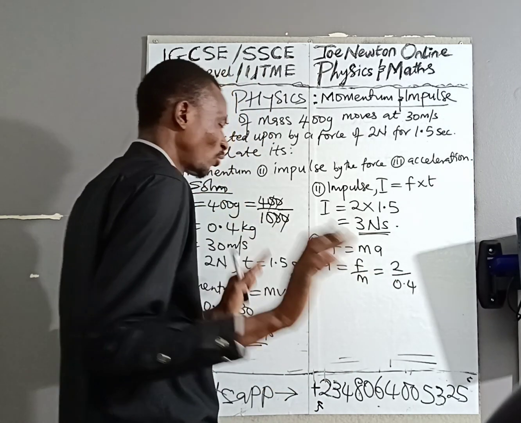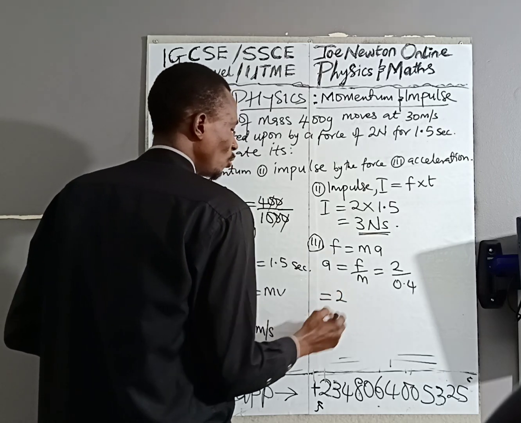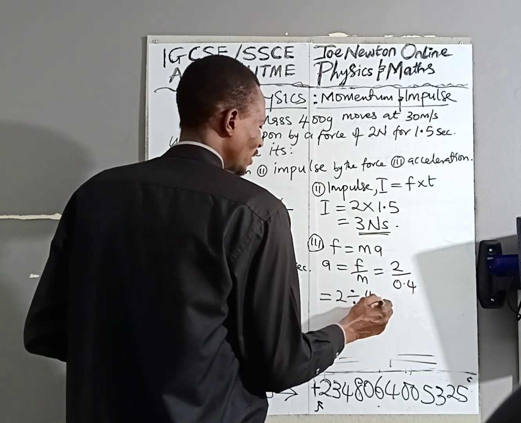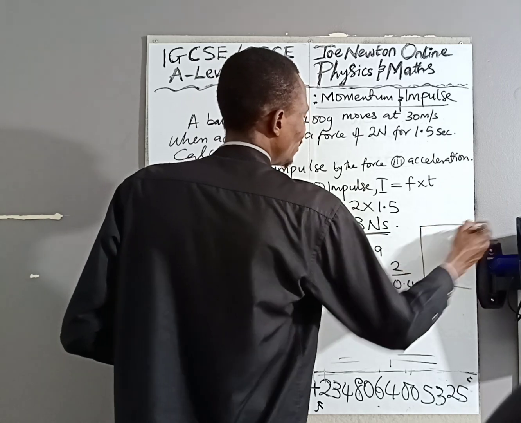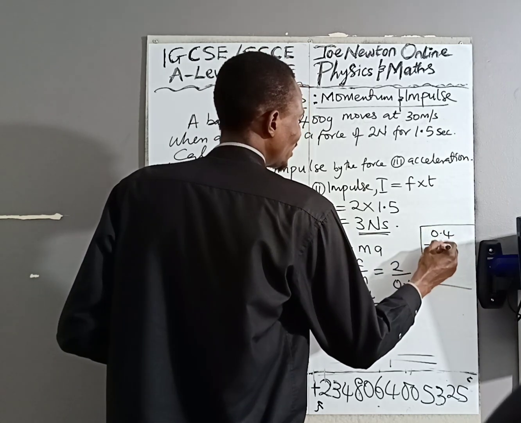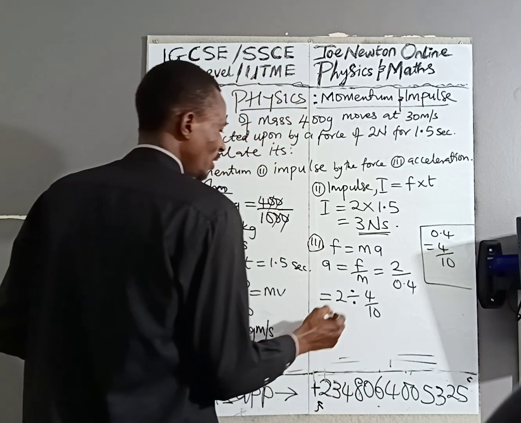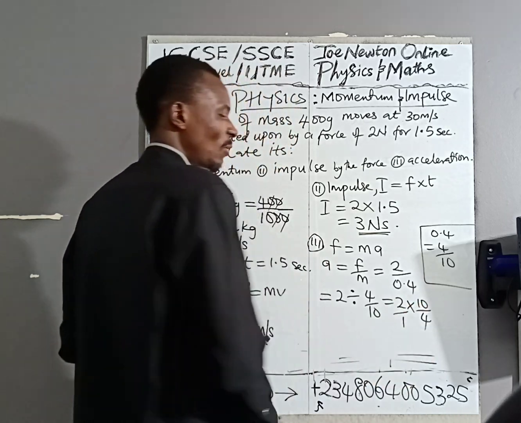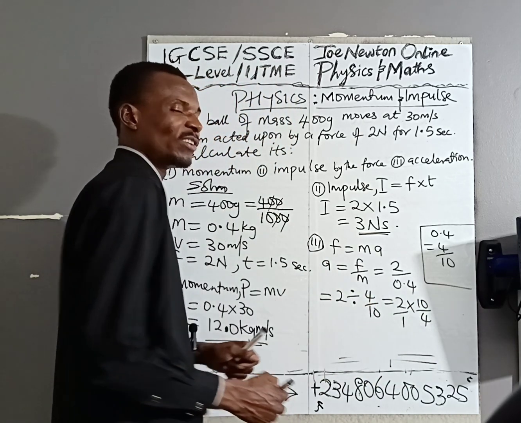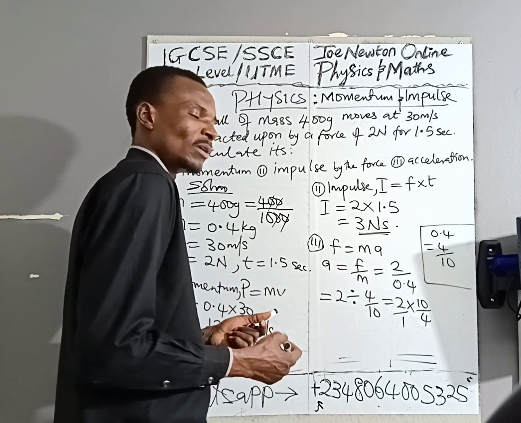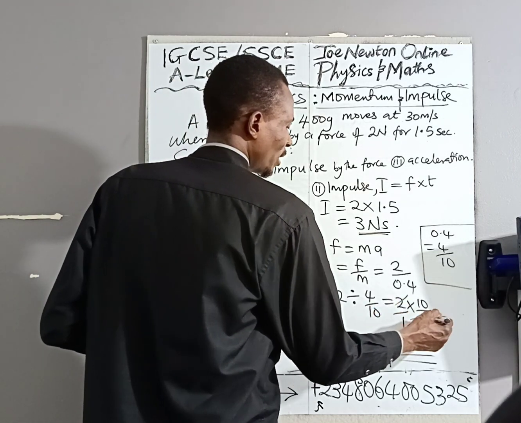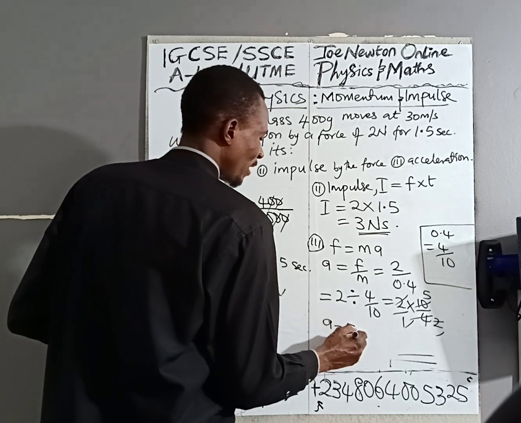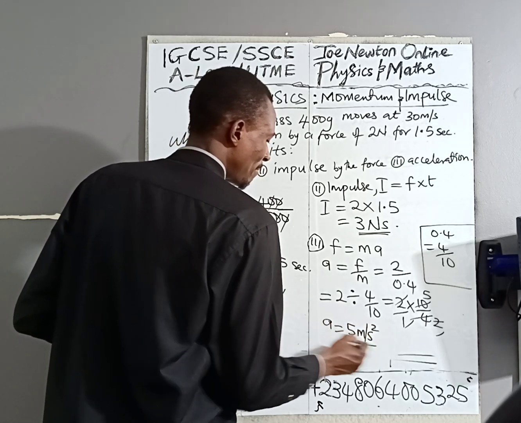Don't worry, you don't need a calculator, just look at me. It becomes 2 divided by 0.4, which is divided by 4 over 10. Remember that 0.4 is the same as 4 over 10. So this will give you 2 over 1 times 10 over 4. That's what it means when you put the sign of multiplication. So 2 here, 1, 2 here, 2, 2 here, 1, 2 here, 5. So our acceleration is equal to 5 meter per second square. Remember, the unit of acceleration